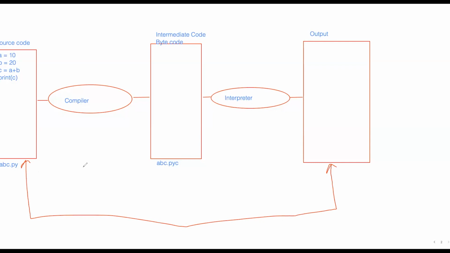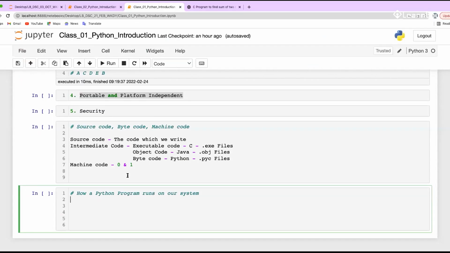Okay, we'll see at the different stages how the bytecode is getting generated. Interpretation, compilation, all these things we'll see. I'll give you a few points, based on that you can verify that yes, it happens. Now, let's say if you see this particular code, which I have written to add two numbers,